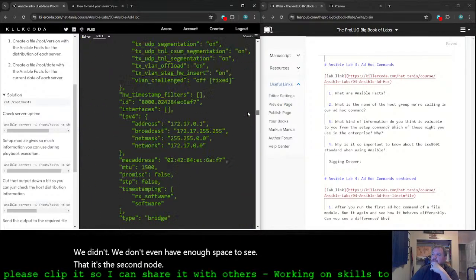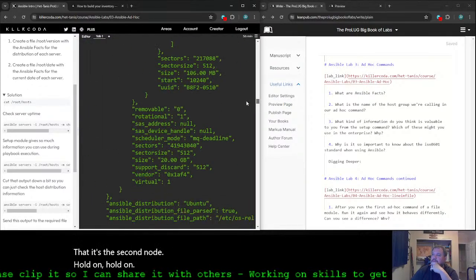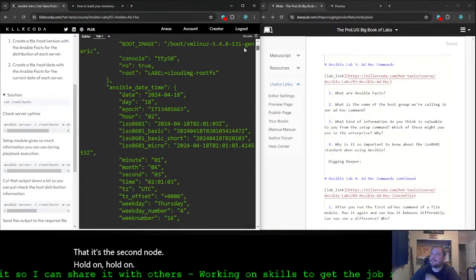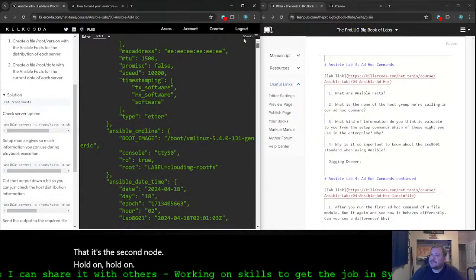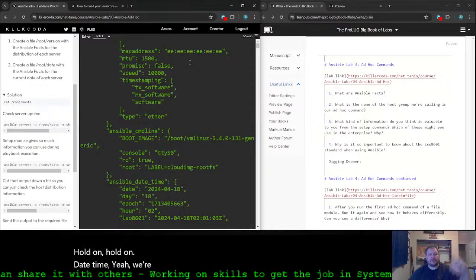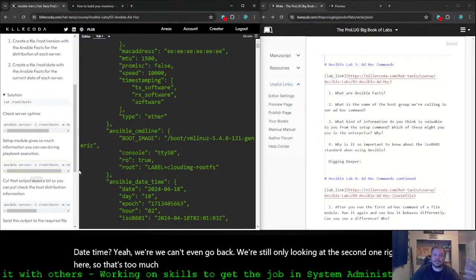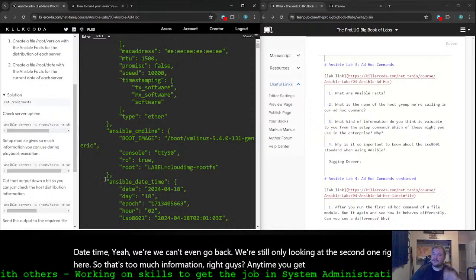We can't even go back. We're still only looking at the second one right here. So that's too much information, right, guys? Anytime you get information like that, that's too much to the screen.